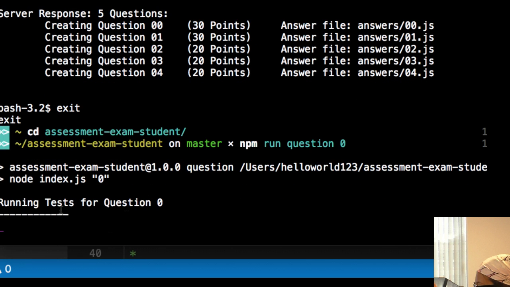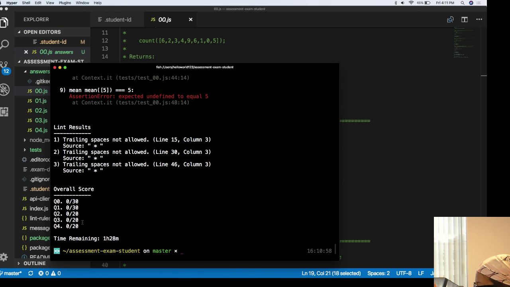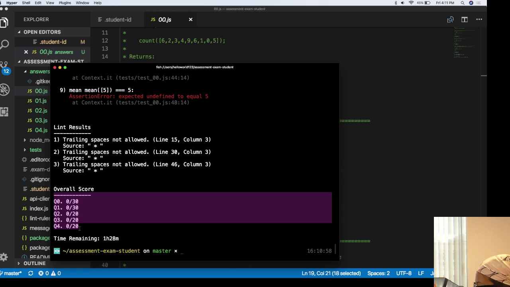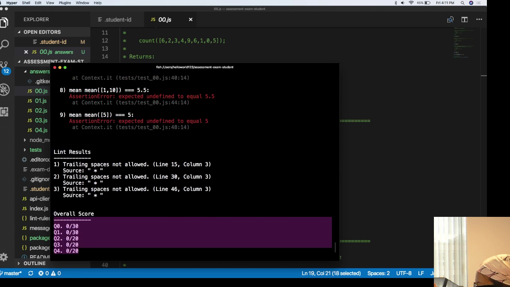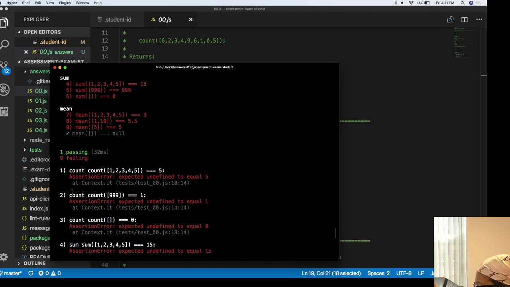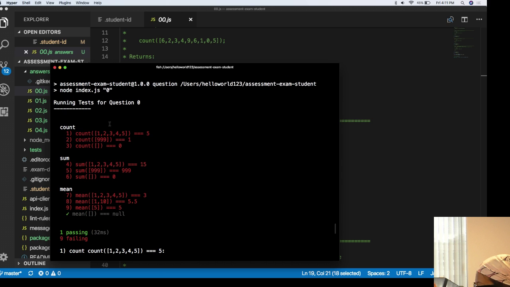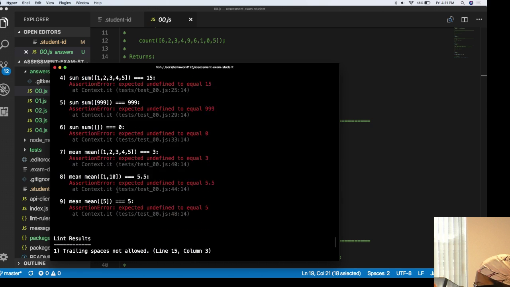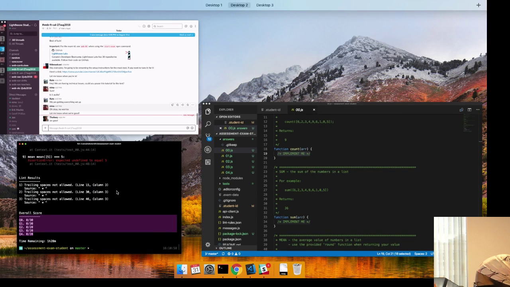It'll check to see if it passes, and I'll see, no, I have overall 0 out of anything. It tells me that for question 0, all of these did not pass yet, but I can go ahead and start implementing the code that makes these pass. Cool. Yeah, so that's the setup.